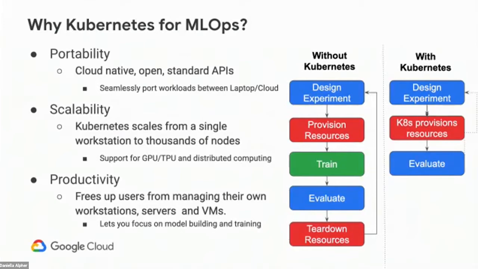The second is, again, scalability. Kubernetes makes it really easy to scale out and takes care of all of the resource management so that we don't have to do that. And most Kubernetes clusters these days come with a form of auto-scaling, so they can automatically provision additional capacity as needed based on demand. And finally, we think Kubernetes really improves productivity because it takes care of a lot of